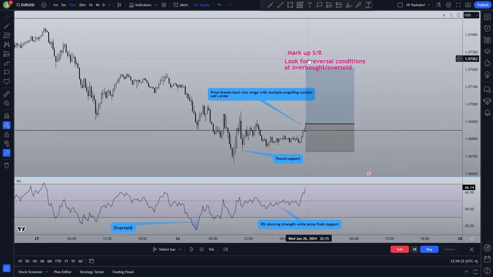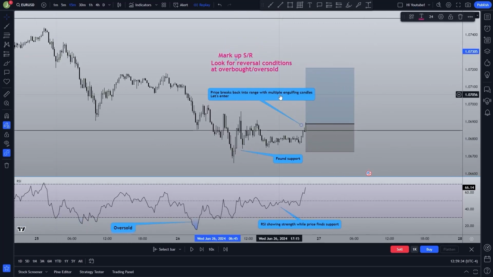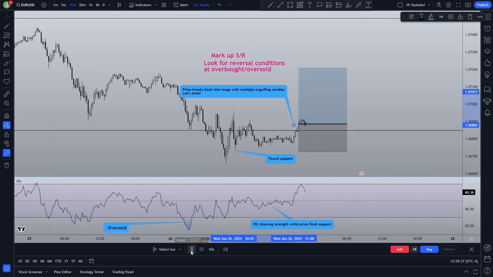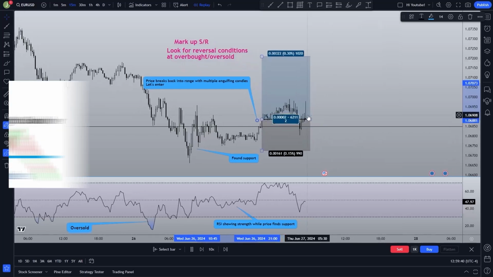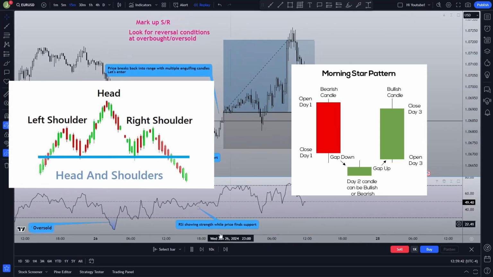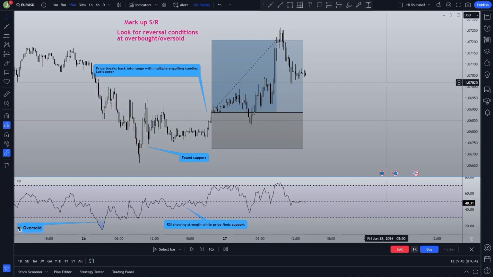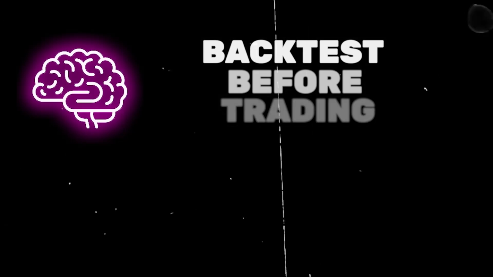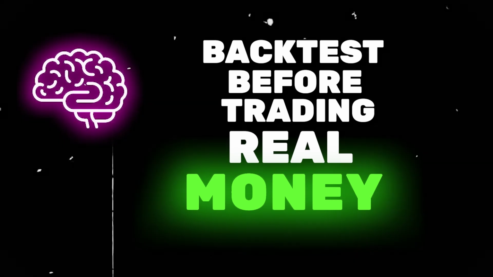Lastly, you have to confirm the trade idea with an entry signal. Use a price action pattern to confirm your entry. For example, look for a reversal pattern such as a head and shoulders at resistance or a morning star at support to enter the trade. This strategy helps you to use the RSI to find reversals in the market's momentum while using price action to fine-tune your entry points. Remember to backtest before trading with real money, and always manage your risk with something like